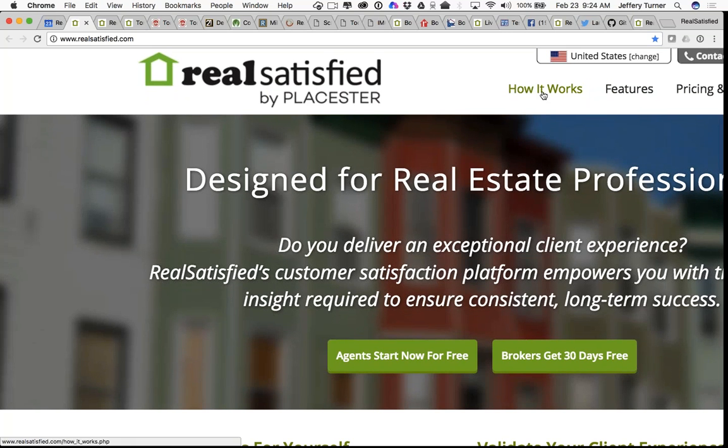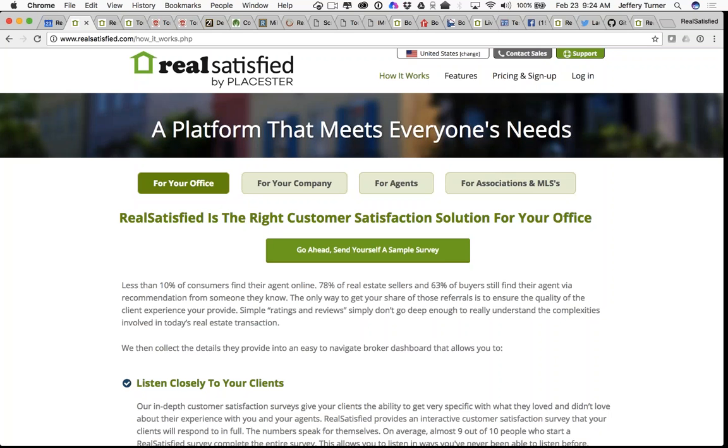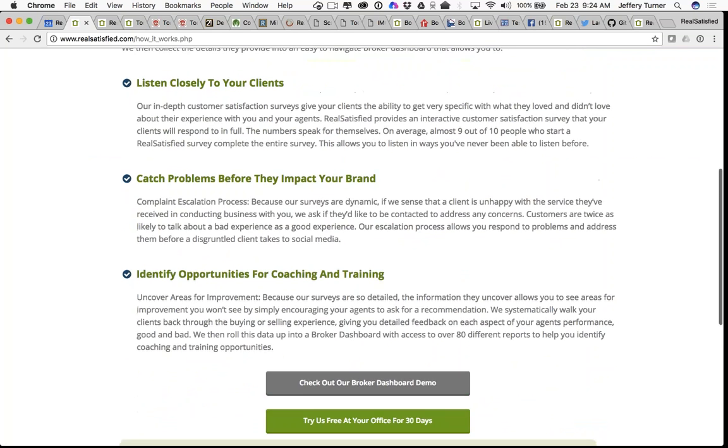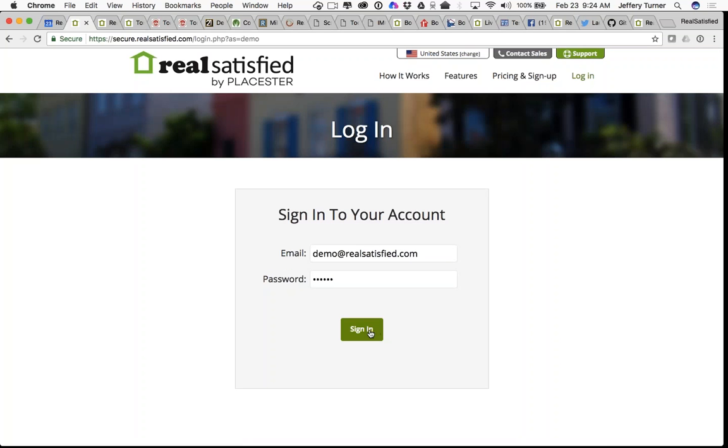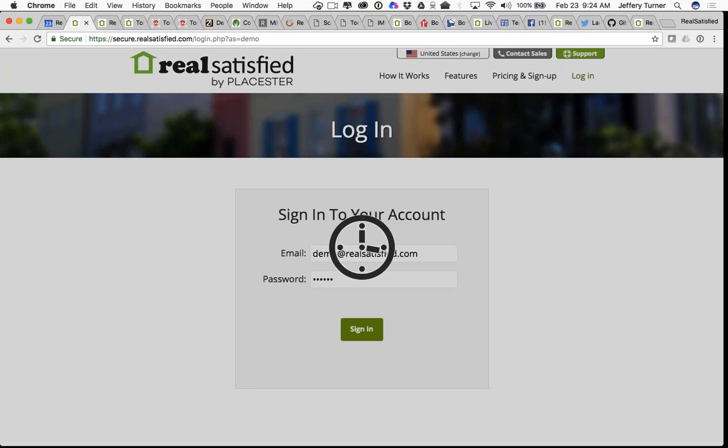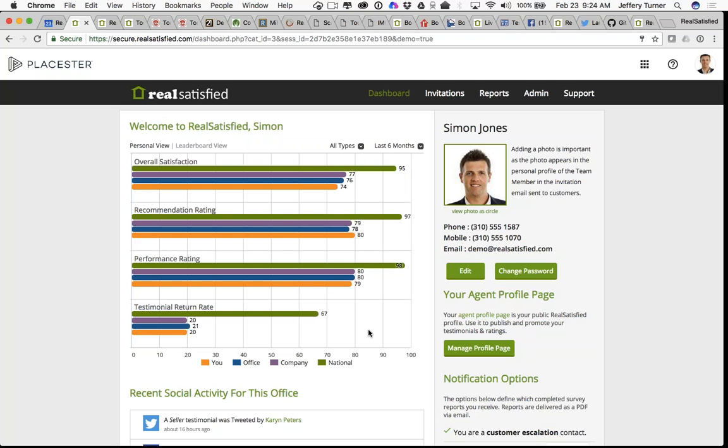To get to your own version of this broker demo that I'm about to walk you through, just click on how it works and you'll land on the For Your Office page. Scroll down to another aptly named button, check out our broker dashboard demo. Click on it and you'll be given some login credentials. And it will take you into a dashboard that is a single office where the administrator of the account is